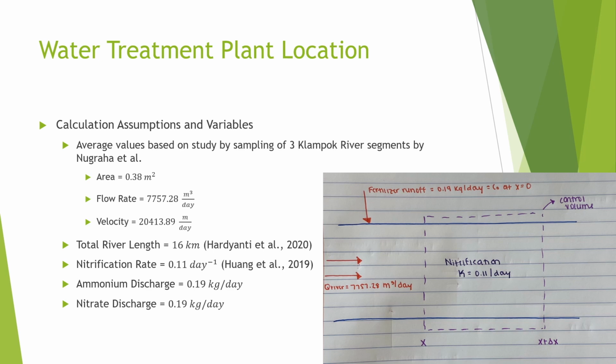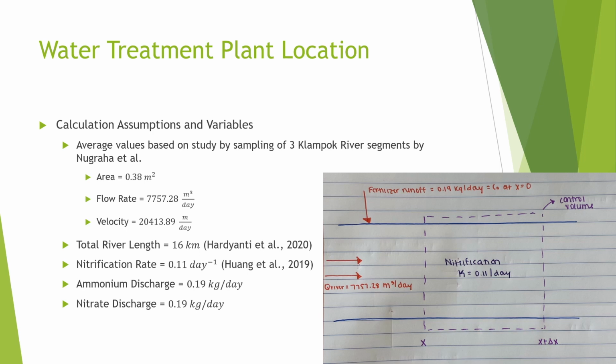For example, we found that the area of the Clampock River is about 0.38 meters squared. The flow rate is about 7,757.28 cubic meters per day, and the velocity is about 20,413.89 meters per day. The total river length is 16 kilometers, and the nitrification rate in the river is 0.111 per day. In addition, we found the ammonium discharge to be 0.19 kilograms per day, and the nitrate discharge to also be 0.19 kilograms per day. This was calculated from a conversion from pounds to kilograms, and we spread it out over 365 days to find